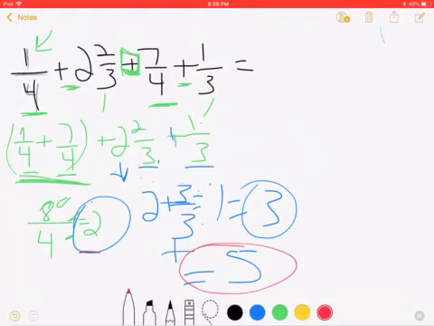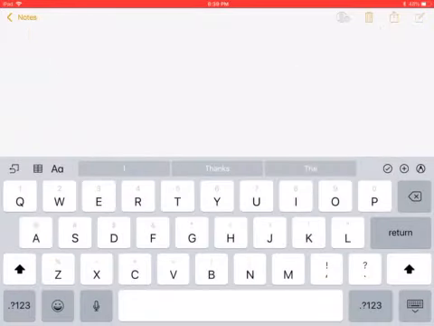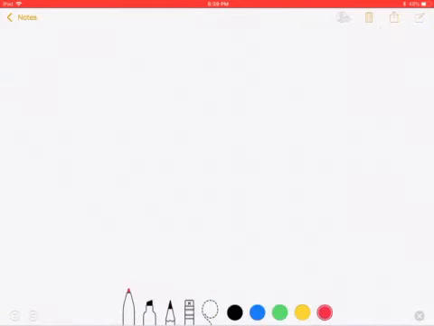Okay, so that one was pretty easy because both of our like denominators, we didn't have any trouble, any problems here. Let's go to the next type of problem, because I think this problem is a little bit different from the rest of the problems. So let me start and get a new page here. Okay. Now this particular problem says